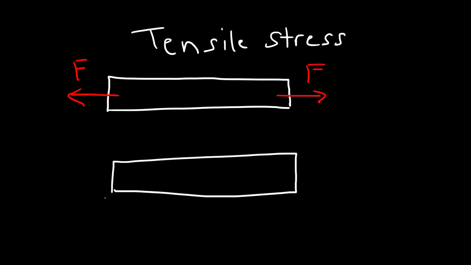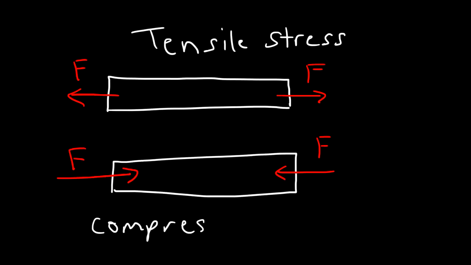And whenever you have an object where the forces are decreasing the length of the object, this object is under compressive stress. It's being compressed into a shorter object. And whenever you apply a force